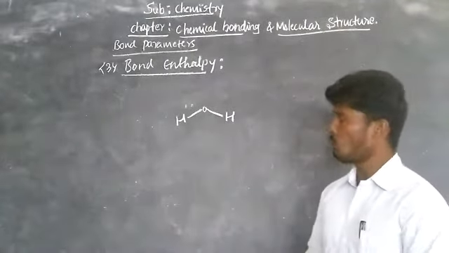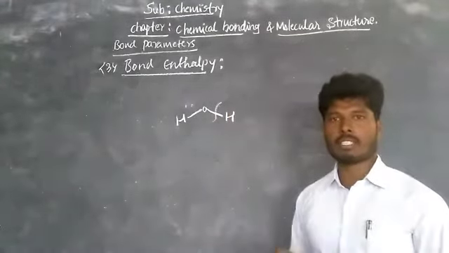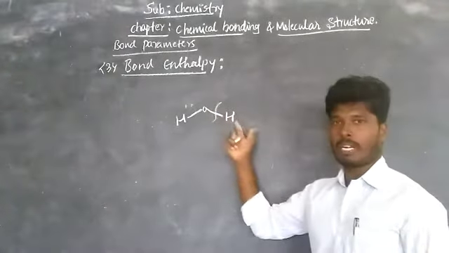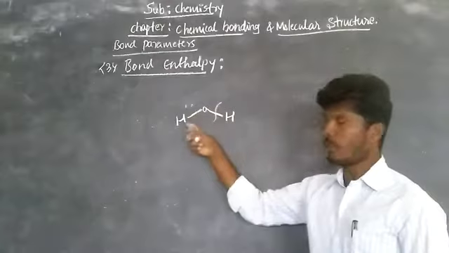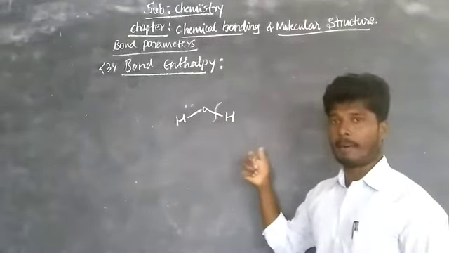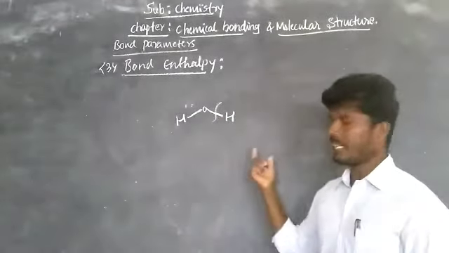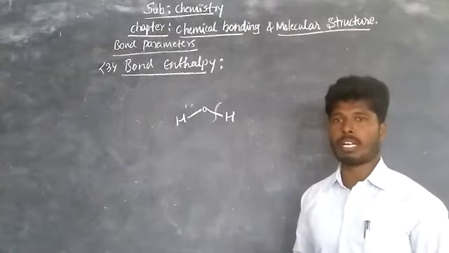For these two O-H bonds to cleave, the amount of energy varies. It means to cleave this one O-H bond it requires some quantity of heat energy, and to cleave another O-H bond it requires some other quantity of heat. But both the bonds are identical. During that time we get one more concept, that is called average bond enthalpy.